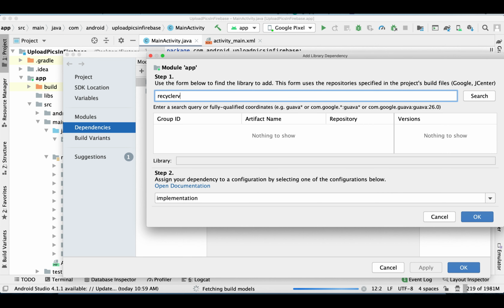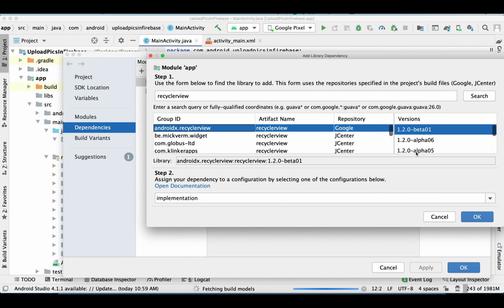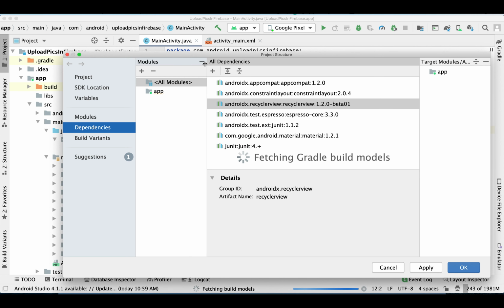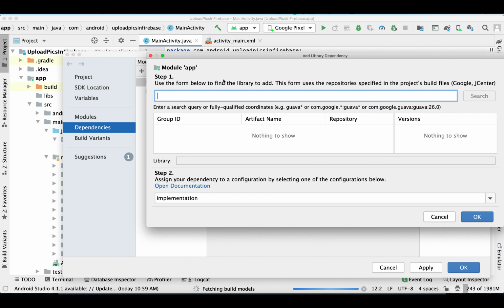First of all, I'm adding a dependency for RecyclerView, where we'll download the image and display it in an ImageView. The second dependency I'm adding is for Firebase Storage.